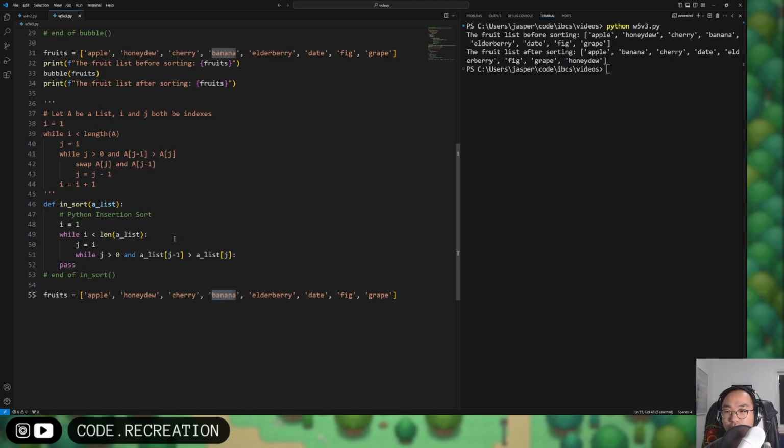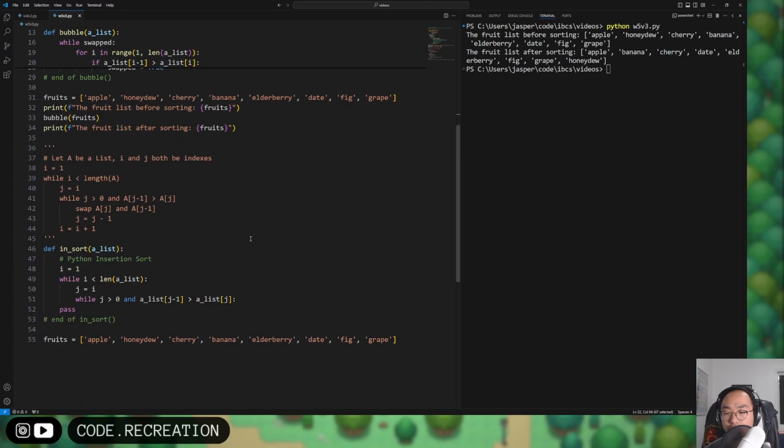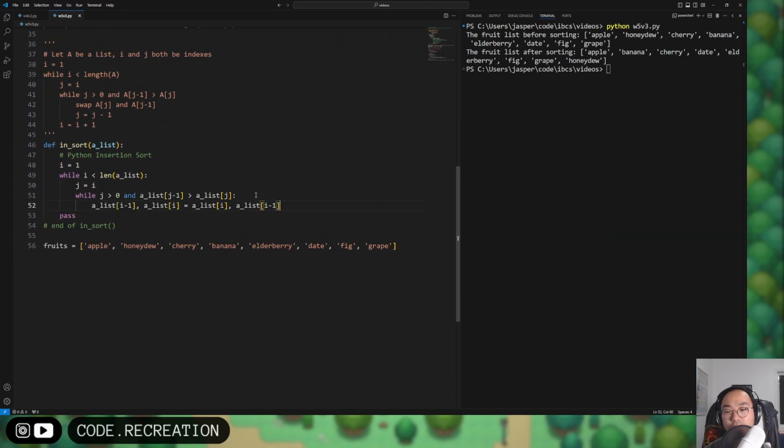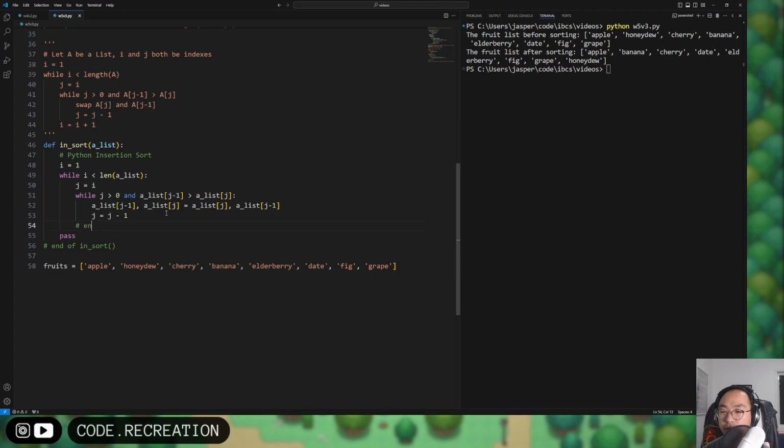It says swap A at J, all that. So this is how we can do a swap like so. We're going to copy that over, and we learned that this is a Pythonic way to do a swap, and we're going to swap using the J index, because in this while loop we're referencing the J index counter variable. So we have those swapped, and then in this loop we're going to ask J to decrease by 1 by saying J minus 1 until we get to 0. Okay, and while this inner while loop is done,